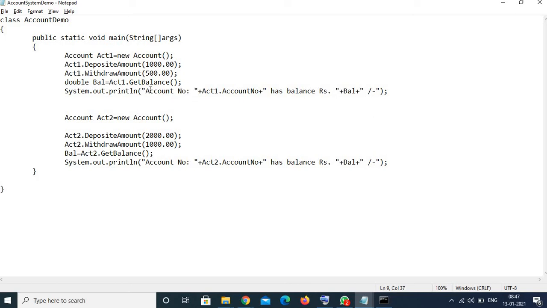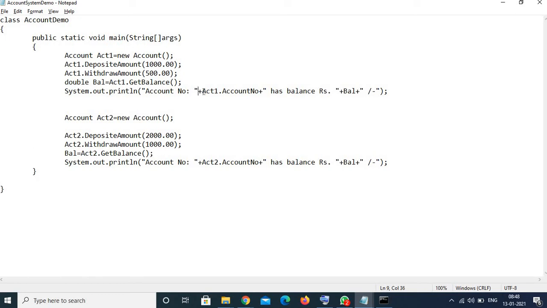Now I want to concatenate the value of the account number variable from my ACT1 object, so that it will print the account number of ACT1, and then the statement would read as account number 1 has balance rupees so and so. That is how I want that statement to be created.